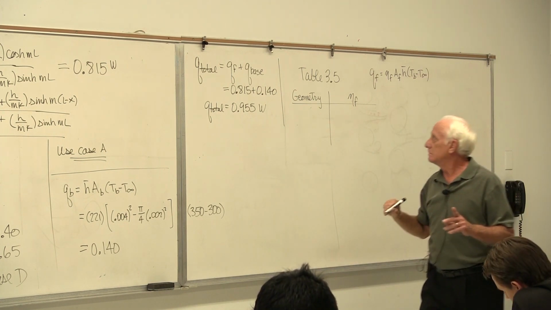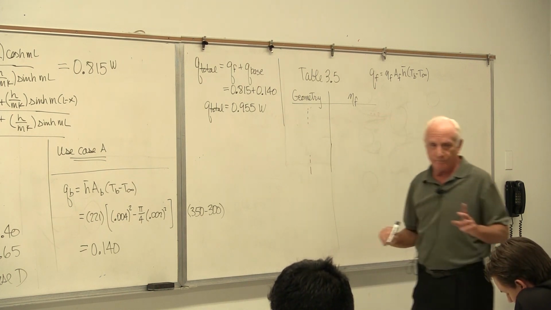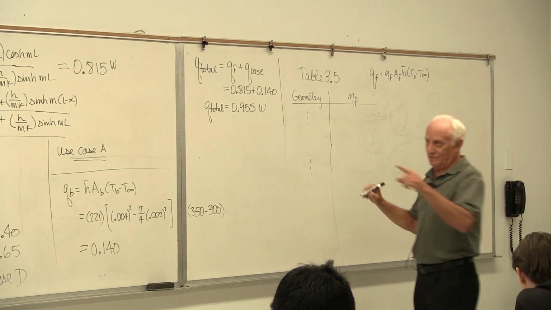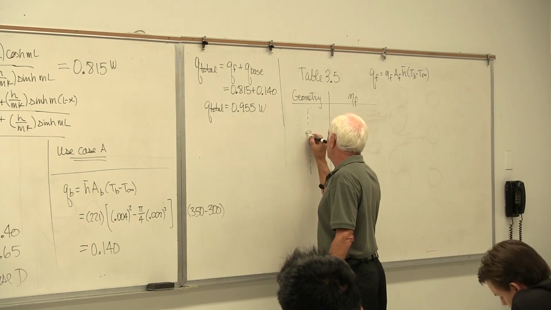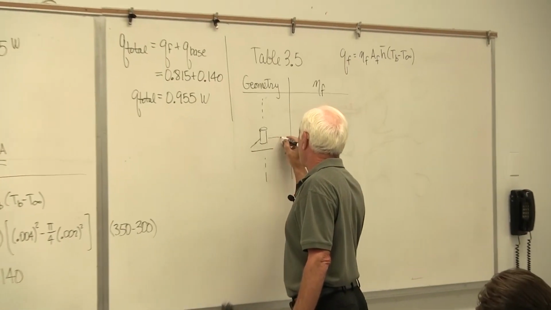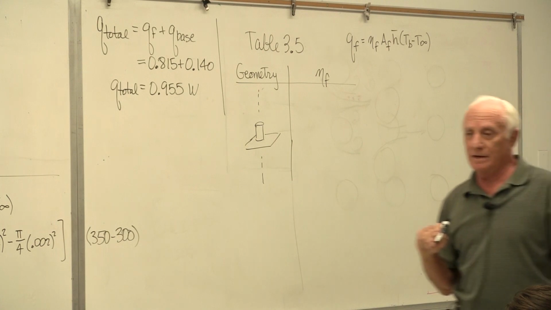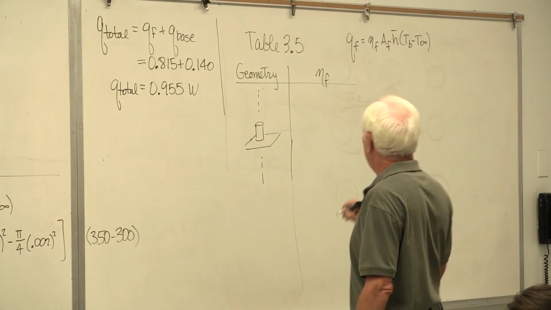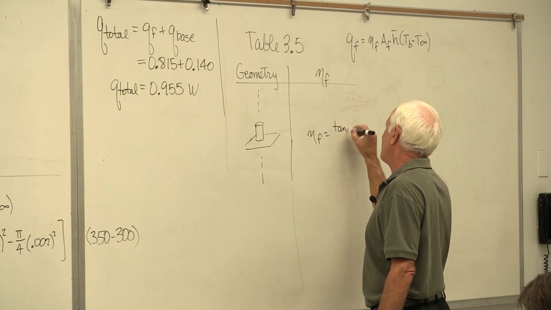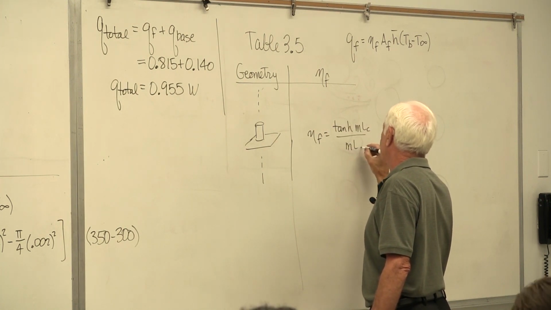Okay. There's about 6 or 8 pictures in there. Only 6 or 8. But lucky for you, if this is your problem, one of those pictures looks like this. Yeah, pin fin. It's in there. And A to F, hyperbolic tangent of mL_C divided by mL_C.